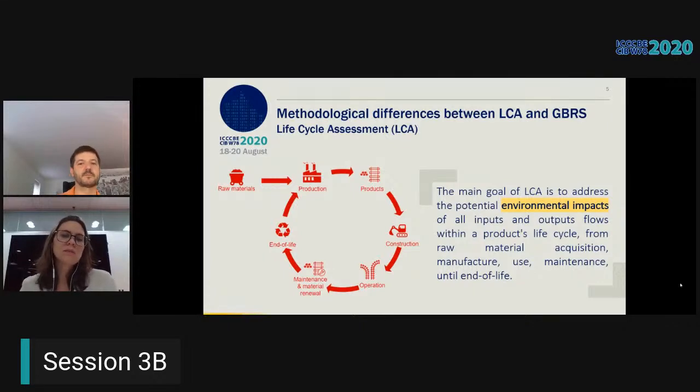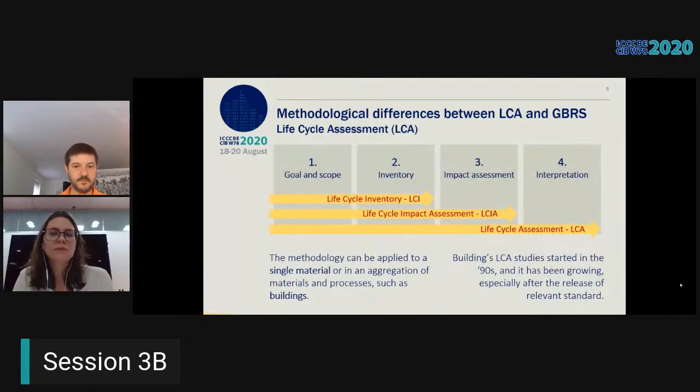So life cycle assessment addresses the potential environmental impacts of all inputs and outputs flows within a product's life cycle. As you can see in the image, the whole life cycle goes from raw materials acquisition, manufacture, use, maintenance until end of life. So these are the 4 stages of LCA: we have goal and scope, inventory, impact assessment, and interpretation. And the methodology can be applied to materials and processes, or to an aggregation of materials and processes such as